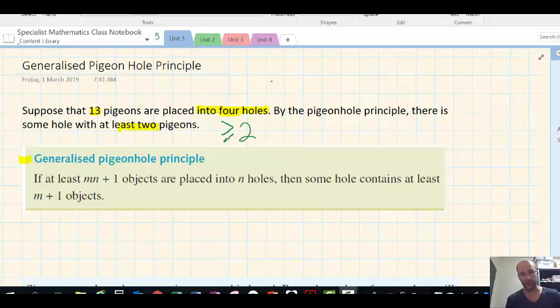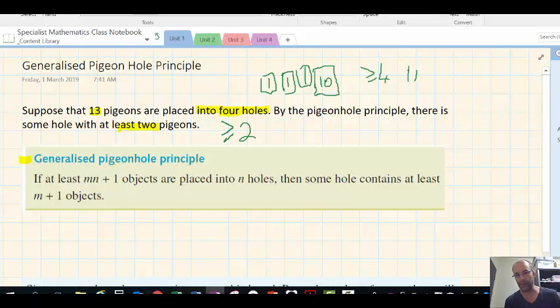So something like 1, 1, 1, that's the minimum number, but you'd have to cram 10 into that one. So obviously, that's a pretty easy one to see. In fact, a hole must contain at least 4, because again, if you put the minimum number in one of them,